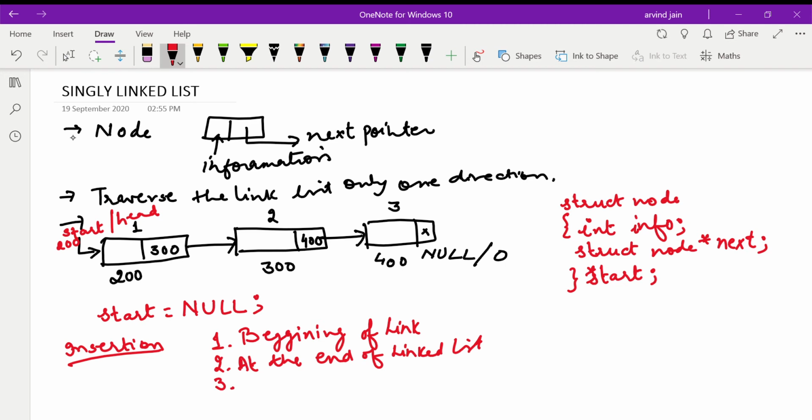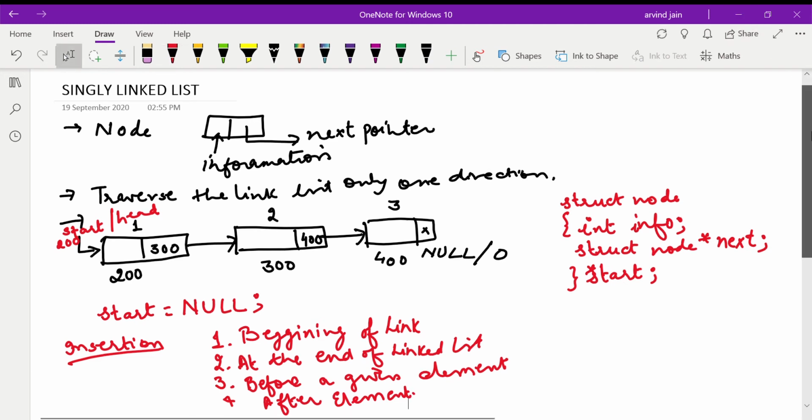It may be before the given element or after the given element. In this video we will discuss only insertion at the beginning of the linked list.